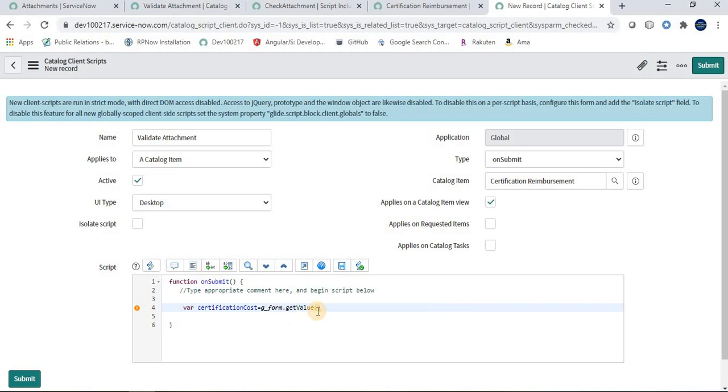So here I'm saying it like this. Now it will fetch the value which is filled in the form, and then we have to use that value. So I'm saying if isNaN, here I am using the certificationCost.